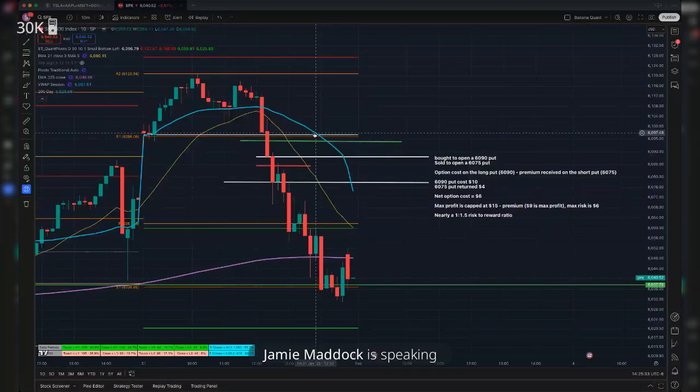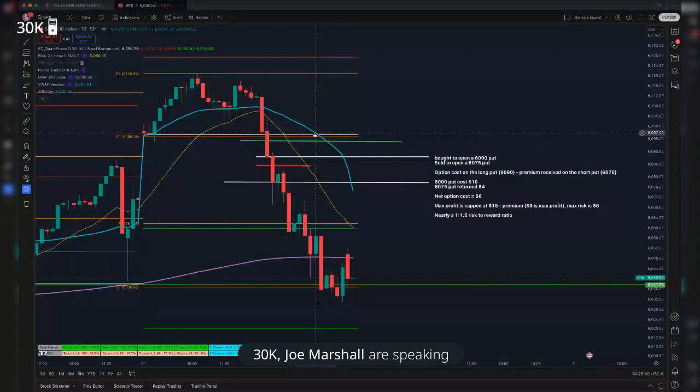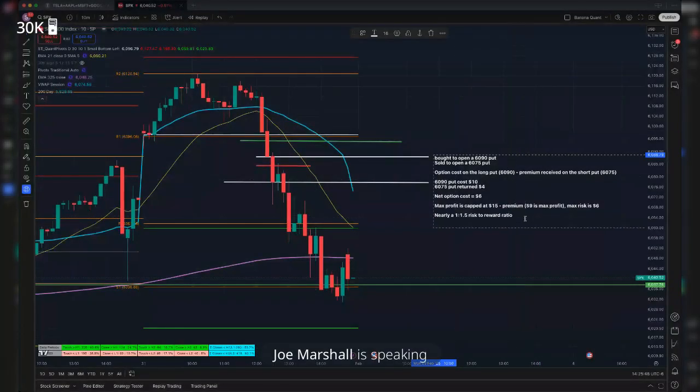Thank you. Well, I'm still trying to understand the difference between the two scenarios there. In other words, what is the difference here on the put debit versus the put credit? I just got lost there.